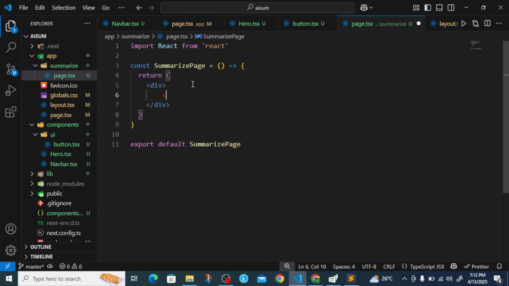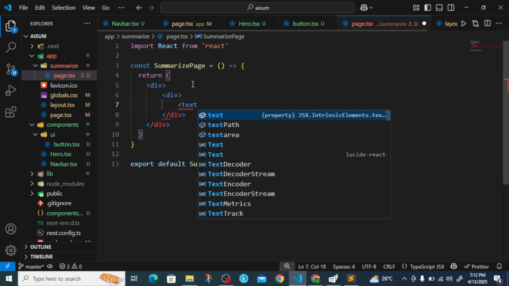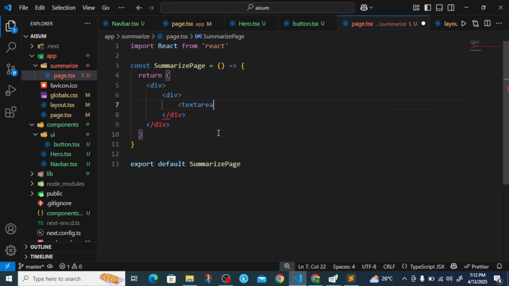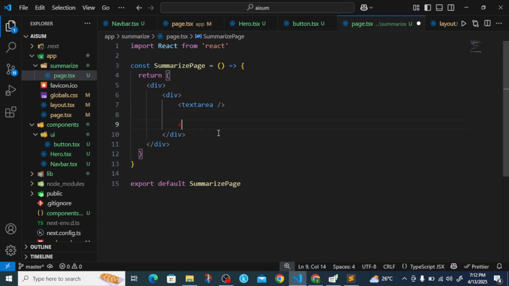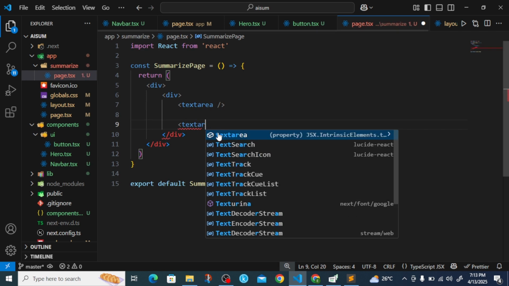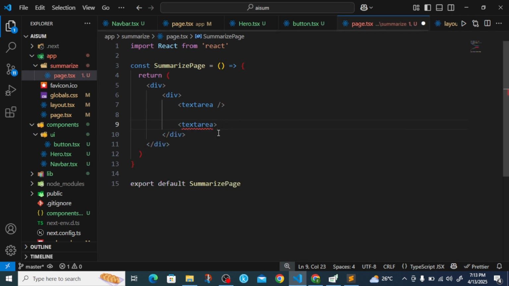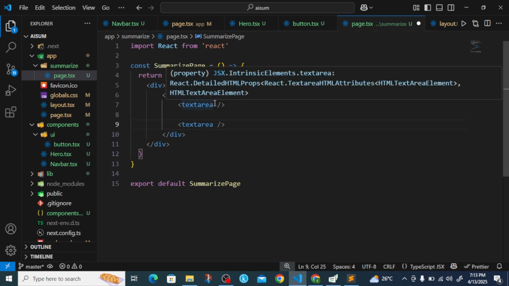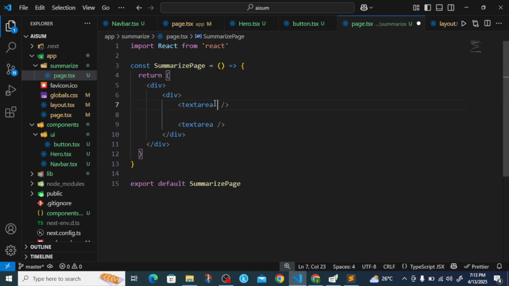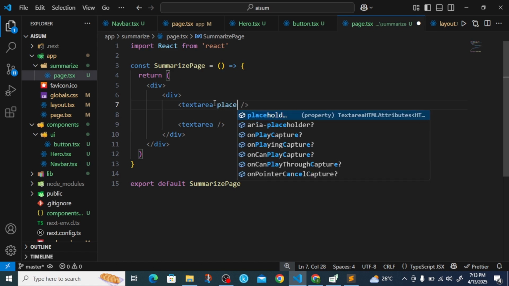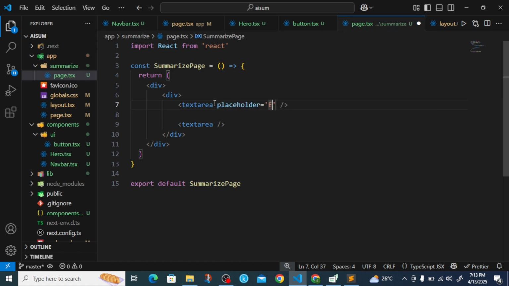Inside this page you're going to have a div. Then inside this div you are going to have two text areas, one to input our text and the other to show the summary rather. We're going to have two text areas. I want to make this a single tag. Now this is going to have a placeholder of enter or paste your text